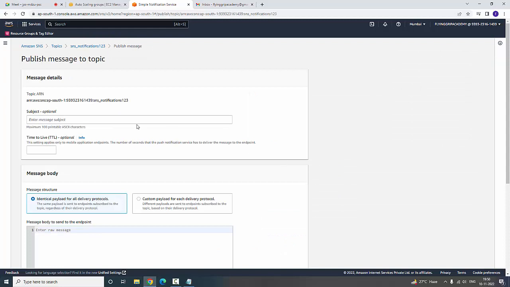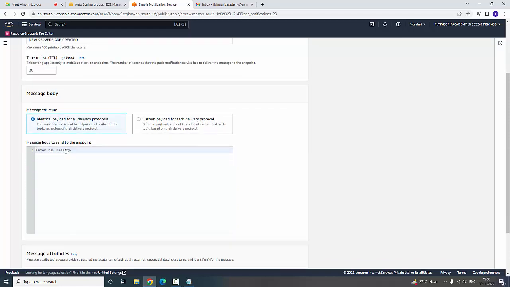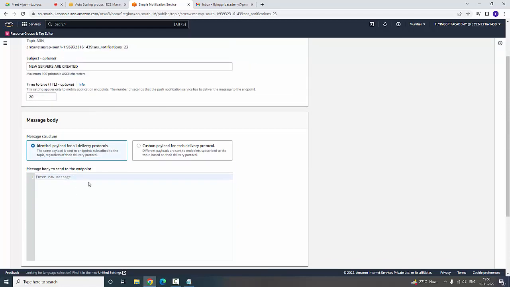I am going to the option called publish message. Here I am going to type the topic name. New servers are created. So time to live. Here you can specify how much time it has to take. 20 seconds. How many number of endpoints you want to specify. So now here you can specify